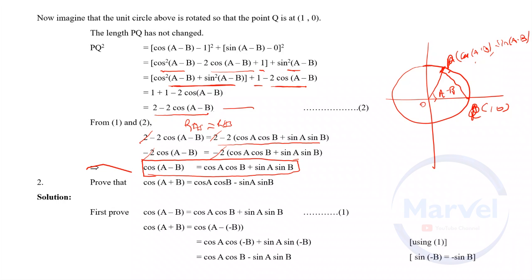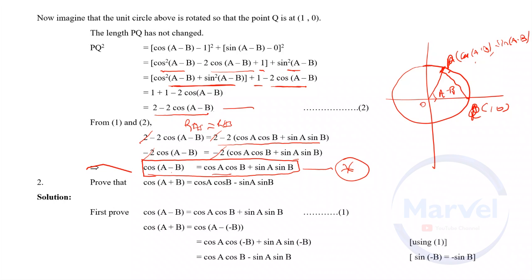So this is the original formula. Assume that this formula is star. Cos of A minus B equal to cos A cos B plus sin A sin B. Same function, but here if it is minus, here it is plus, opposite sign. Second formula: hereafter no need to apply this lengthy proof. Based on this star formula, we can prove other formulas.